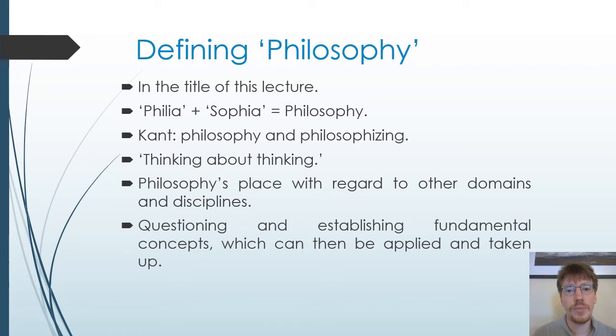Stemming on from this, we may also briefly look at the word itself, not least its etymology. Like a lot of terms in philosophy, it has its origin in ancient Greek. So philosophy is actually made up of 2 ancient Greek words, philia and sophia, which together mean lover or friend, philia, of wisdom, sophia. So a philosopher is a lover or friend of wisdom, wants to expand his or her knowledge and understanding through pursuing and acquiring wisdom.